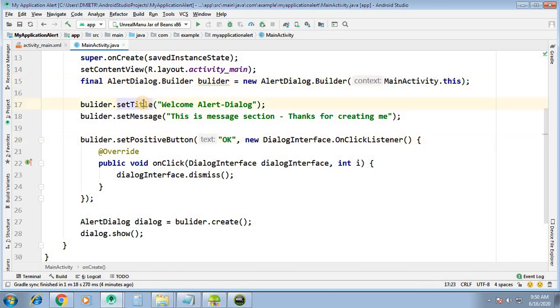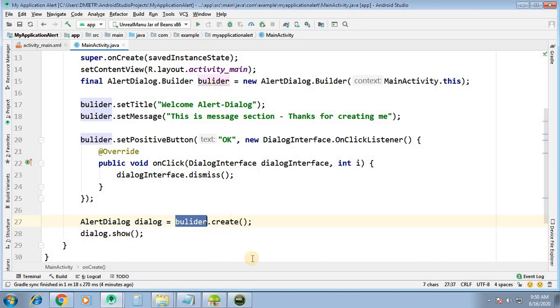The setTitle is "Welcome alert dialog", then setMessage, this is the message, and then setPositiveButton. DialogInterface.OnClickListener will create the overridden method onClick with the DialogInterface object. Using this DialogInterface object we dismiss it when we click on OK. And at the last, the AlertDialog object, we create it with the help of the builder object, create, and then dialog.show.